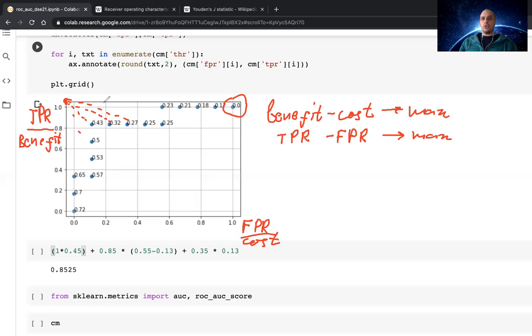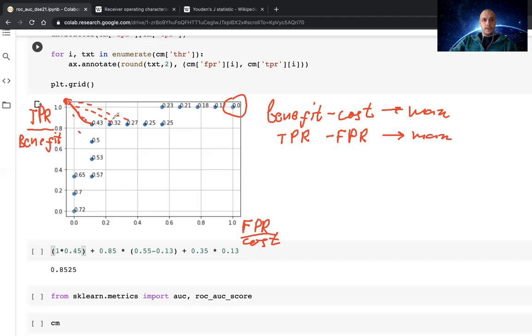It's just the intuition to analyze it visually. When we work with a plot, a chart, we should use it in an intuitive visual way. And we could almost immediately see that this point is closest. So that's the optimal threshold,